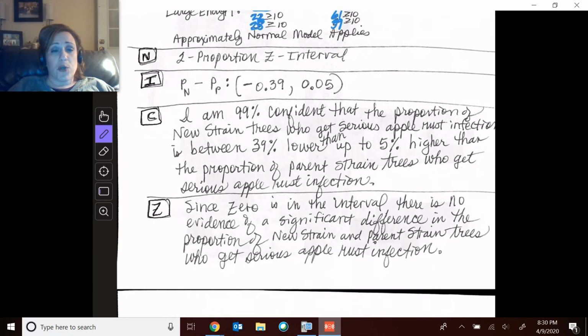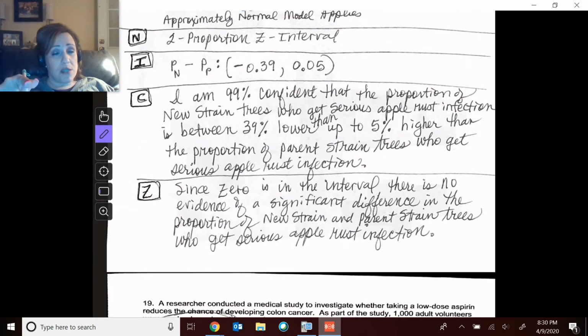We have the two proportion Z interval. Notice when you write your interval, make sure that you include the way you are subtracting. If you did not have this here, okay, I don't know where else you were going to put it. Otherwise, we do not know how the subtraction is happening. We want to find the difference between them. Okay? So then we have our